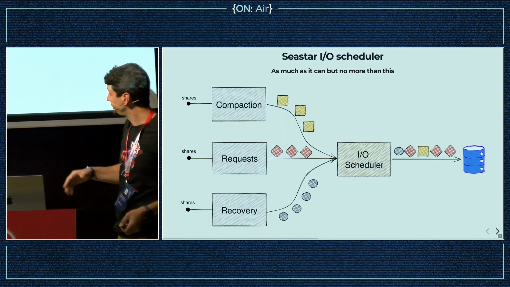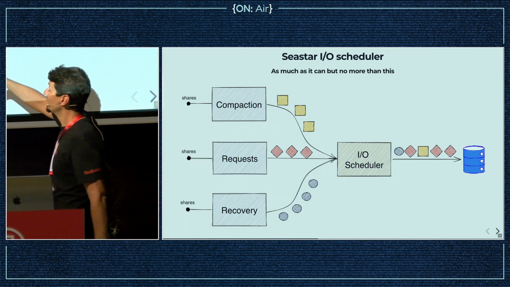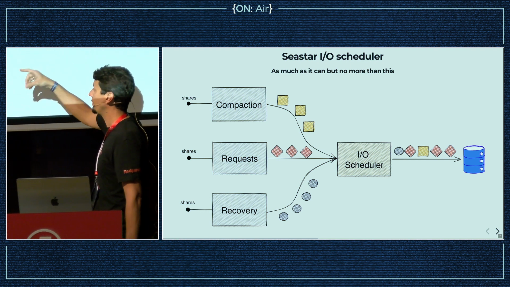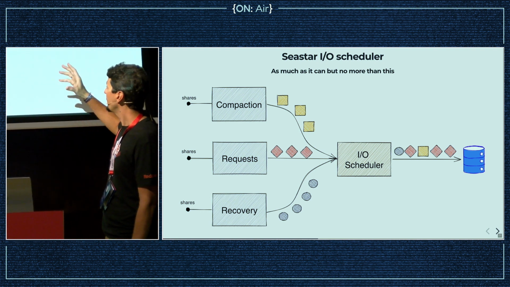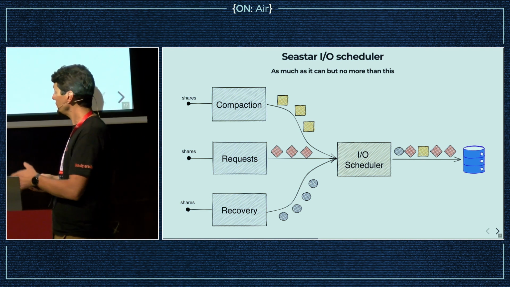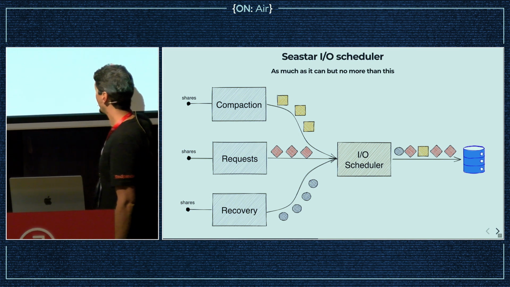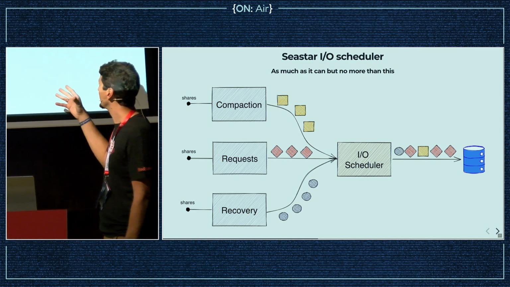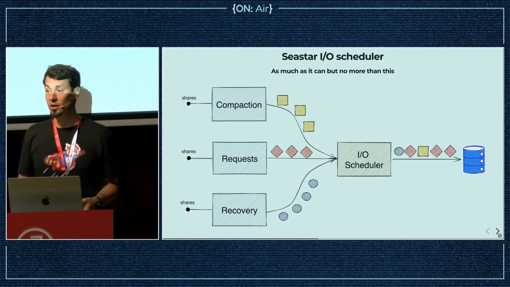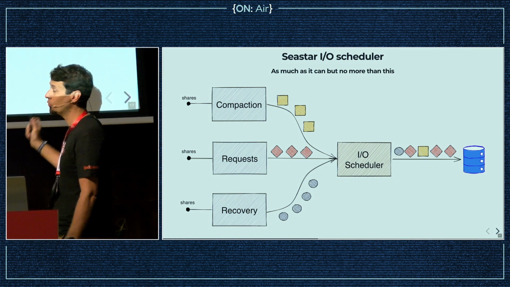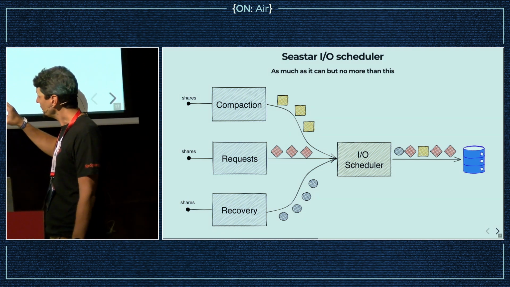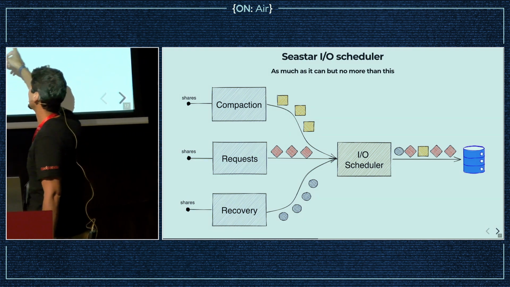The I/O scheduler allows us to assign each of these classes of requests to different priority queues, so-called, and set a separate priority for that request. It then dispatches this I/O according to that priority, so that the resources are shared according to the priority. There is also another important job of the scheduler: it executes as much as it can, but no more than this. So the scheduler is clever, and it keeps the latency of this last arrow here